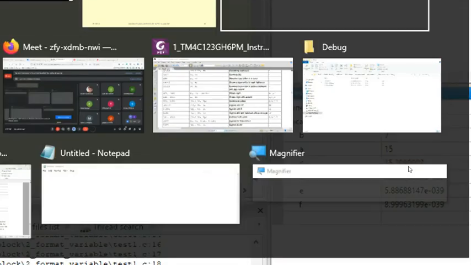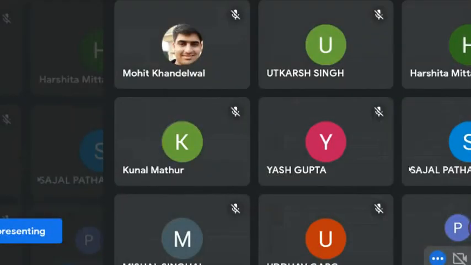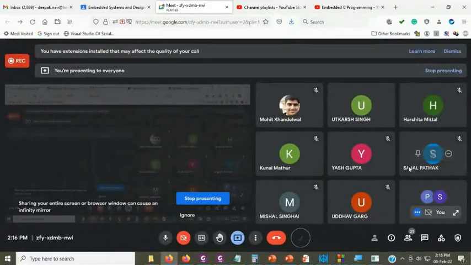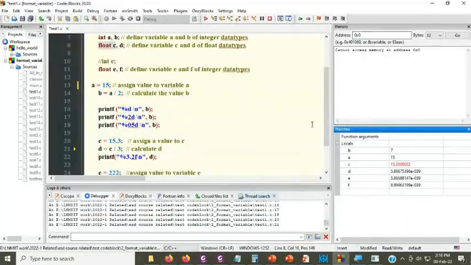Is there anyone in the class or not? Yes, sir. Okay, Kunal, can you tell me why C is 15.3000, and after so many zeros you have 2? Why is it not storing 15.3 directly? Sir, because of the length of the floating point number. No, but in that case you can put extra 0s there, no? It will fit the length. Then why 2?